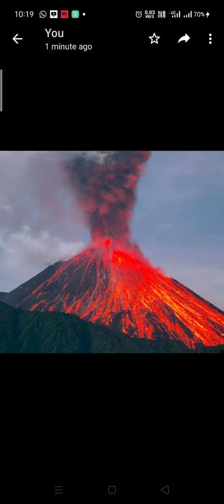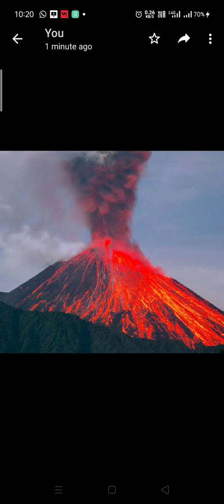They make a hole on the crust and they come out with a lot of force, they burst out, and you can see this dark black color. This is all the poisonous gases coming out from inside the center of the earth. It is just bursting out, and together with it comes all the liquid, which is very hot because all the poisonous gases are there. So you can see this red color. This is the liquid which comes out. We call it magma. And this is called the molten magma. Molten means which is in liquid form, which floats.